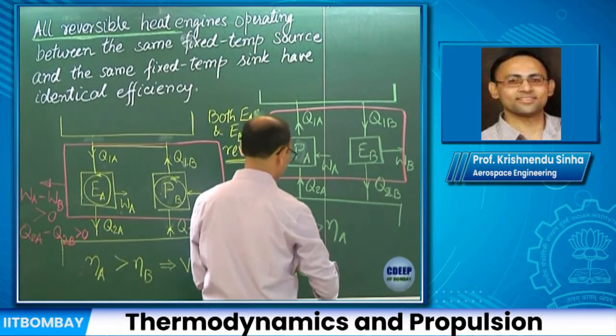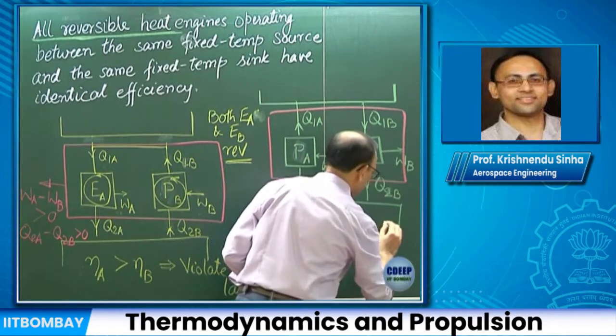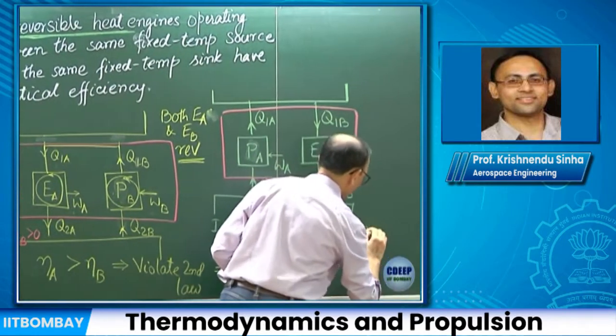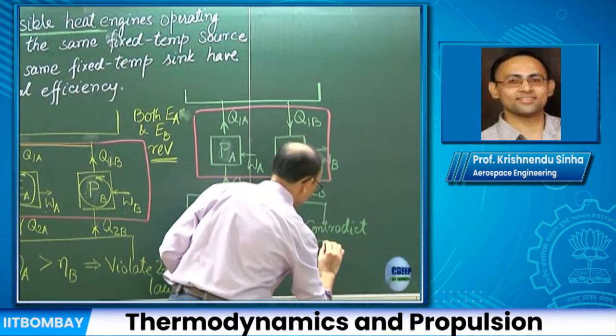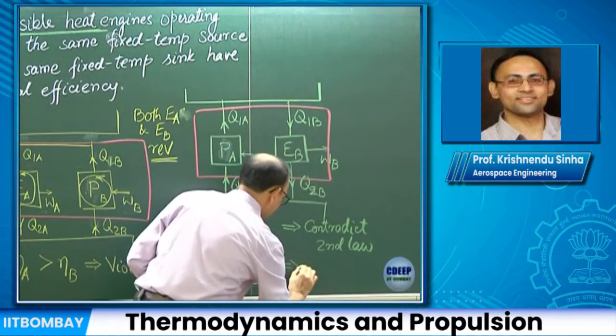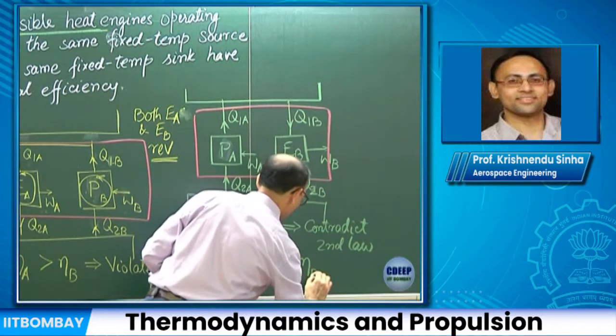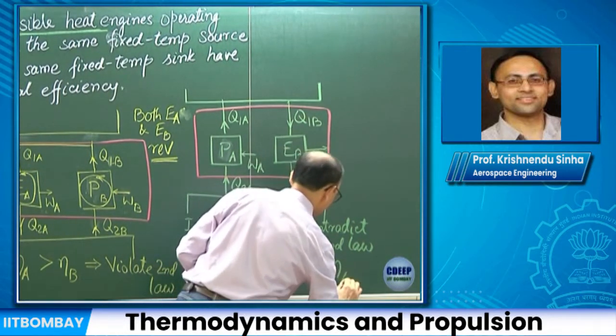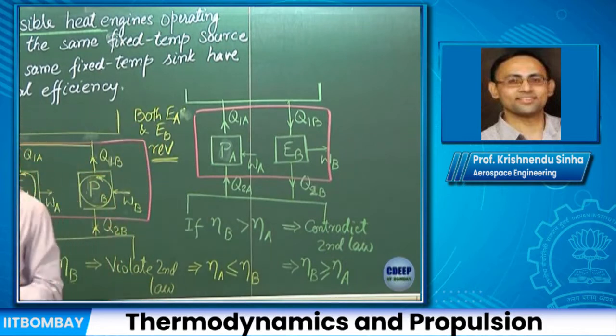So this will contradict the second law again, which implies that eta B can only be greater than or equal to eta A,